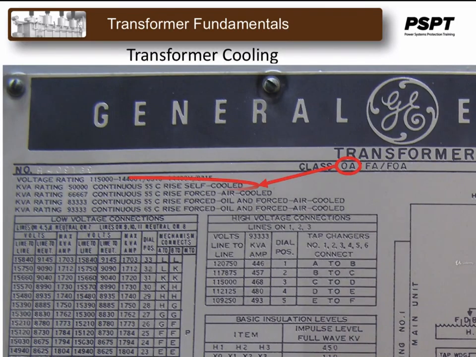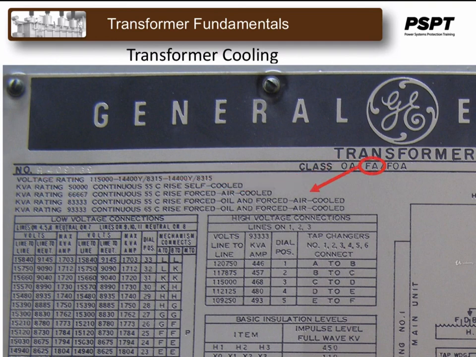The first level of rating on the transformer is 50,000 kVA or 50 MVA, which allows for a 55 degrees rise in temperature. The OA designation means that the oil and the air is just natural convection used for cooling the transformer, and it's rated at 50,000